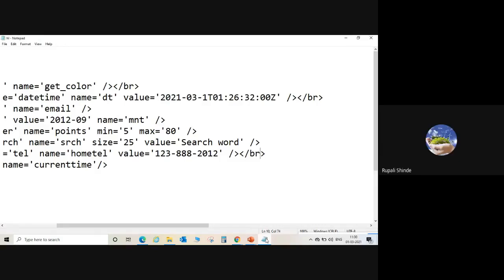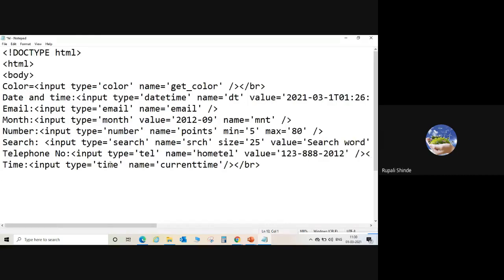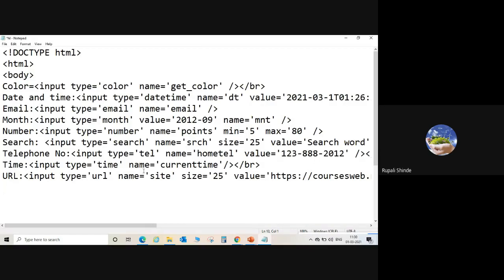Now here, what are we going to add? URL. Before that, we are going to add the break element. Input type URL, name, site, size 25, value.